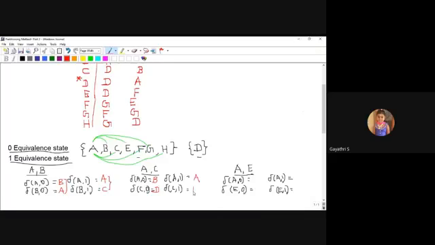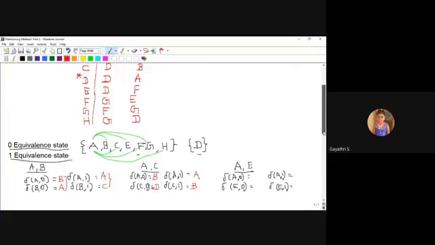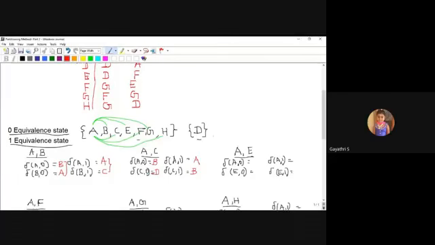I'm going to check BD. See here, B belongs to the first group, D belongs to the second group, right? So this pair is in a different group. So what about C? C on receiving 0 moves to D. So C is separated from the first group. I will check any possibilities in the remaining pairs.